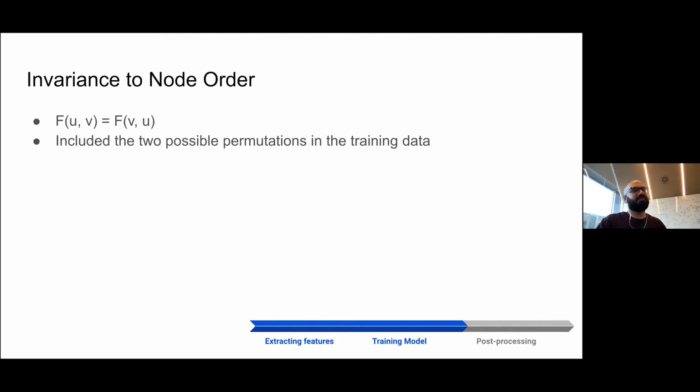So what we did was include the two possible permutations in the training data, and we finally tested it on our test set. In our post-analysis we found that the model actually became invariant, and it boosted our performance by quite a significant amount in the competition.